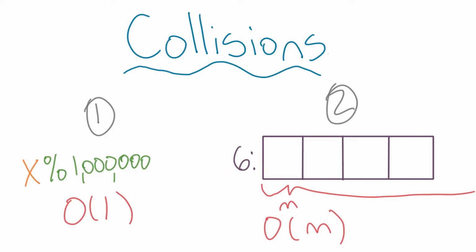When done well, hashing is really fast and can save you a ton of time, but all of these things are very real concerns. There's no one perfect way to design a hash function. You need to consider all of these things and build a system that makes the most sense for your data and your limitations. Often you'll have to choose between making a hash function that spreads out your values nicely but uses a lot of space, and one that uses less buckets but might have to do some searching within each